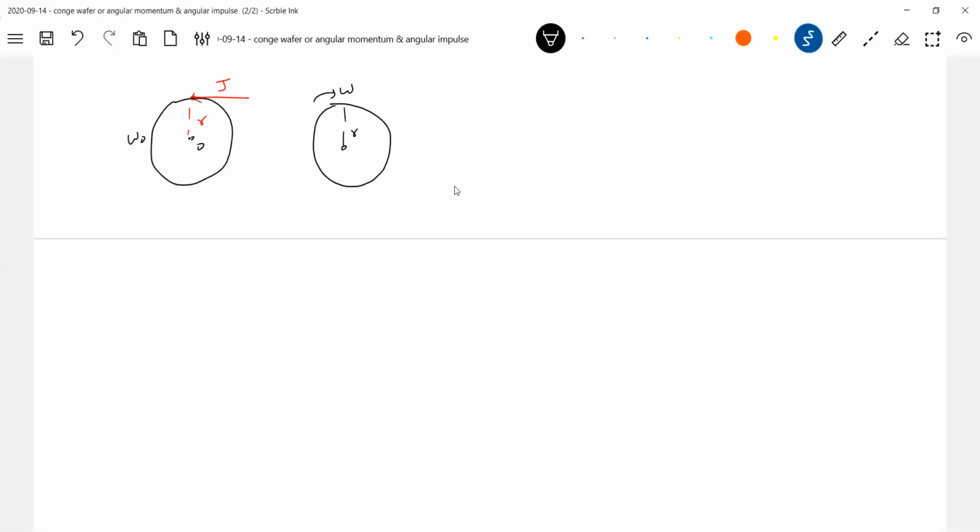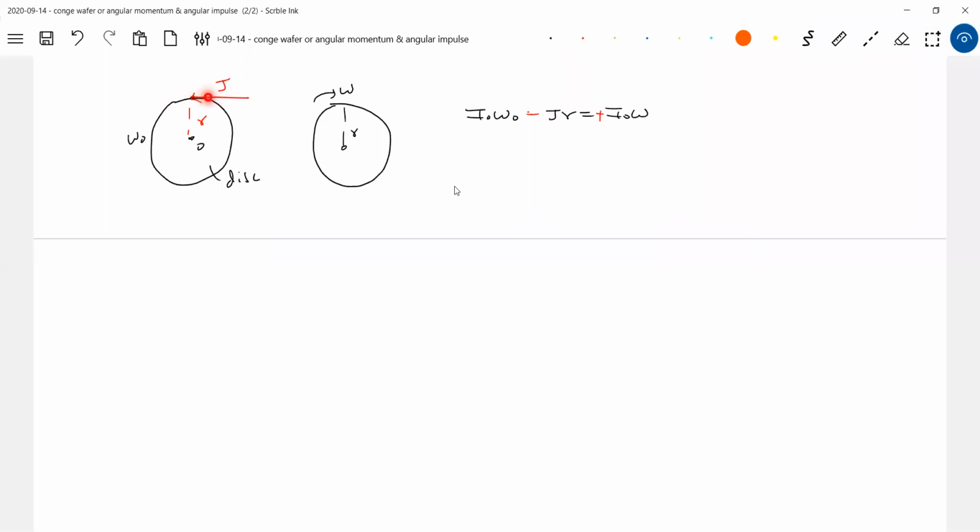O is like the center of the disk, you can write. So about what point am I defining? About the axis passing through point O, perpendicular to the plane. So what is the formula? I naught omega naught minus j into r is equal to I naught omega. Why is this positive, and why is this specifically negative?